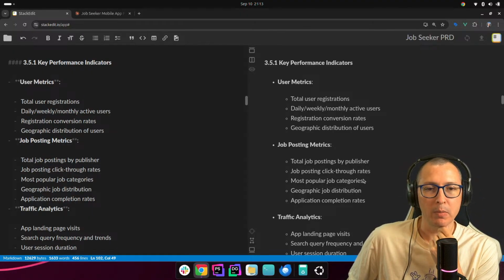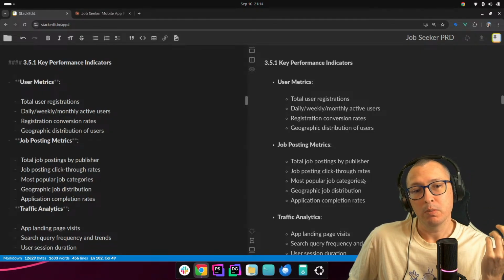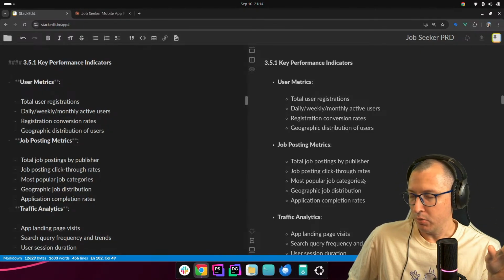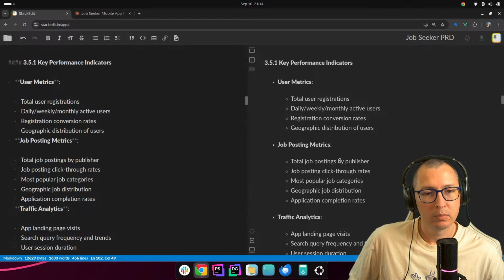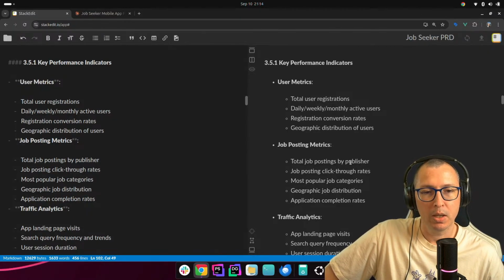As for the job posting metrics, we're going to have total job postings by publisher or in general. No need to specify, but yeah, total job postings and by publisher.